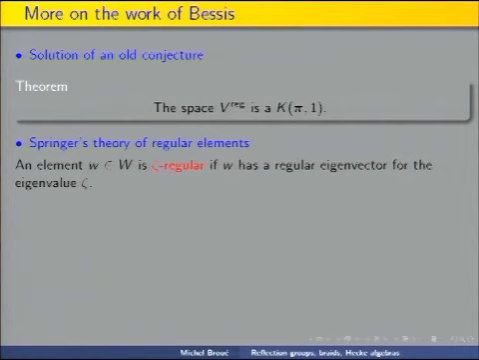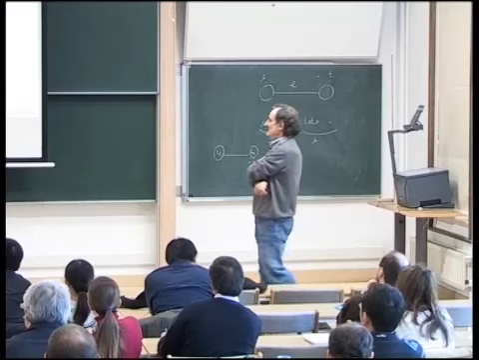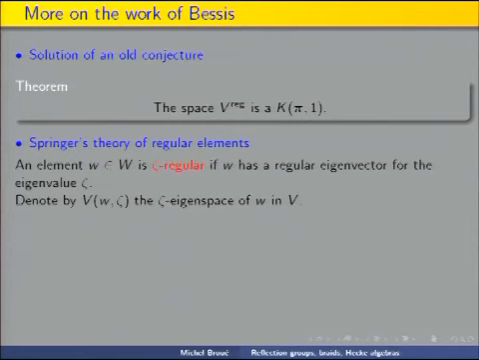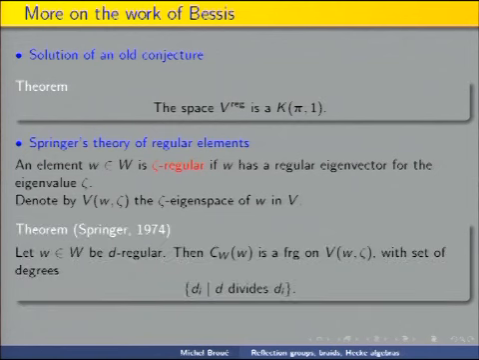An element is called zeta regular if this element has a regular eigenvector for the eigenvalue zeta. A regular eigenvector means a vector which is in V^reg, which doesn't live on any of the hyperplanes. Okay, and denote by V(w, zeta) the zeta eigenspace of this element. Then this theorem of Springer, which I announced yesterday, says the following: suppose that W is,